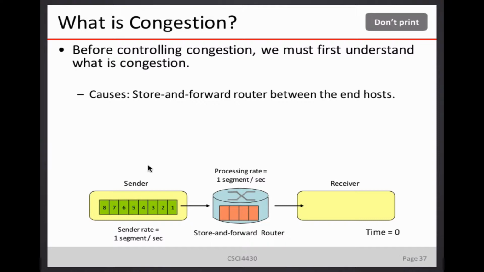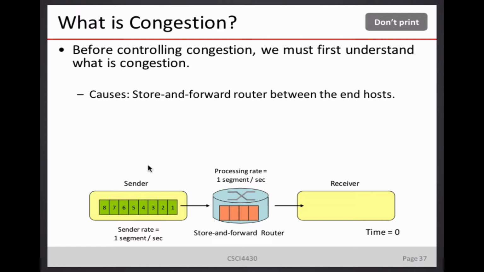A router, usually we consider it as a store-and-forward router. So it means store and forward. You send something to the router, it stores it, and looks at the header, or you want to send from interface A to interface B, and I route it for you. And you know, when you look at a photo of a router, there are many plugs, many interfaces. So it's only sending from the left hand to the right hand. That's simple. But it incurs time. It needs time to find the correct interface to go out. So it has a buffer to buffer those packets that it cannot process immediately. So we call it a store-and-forward router.